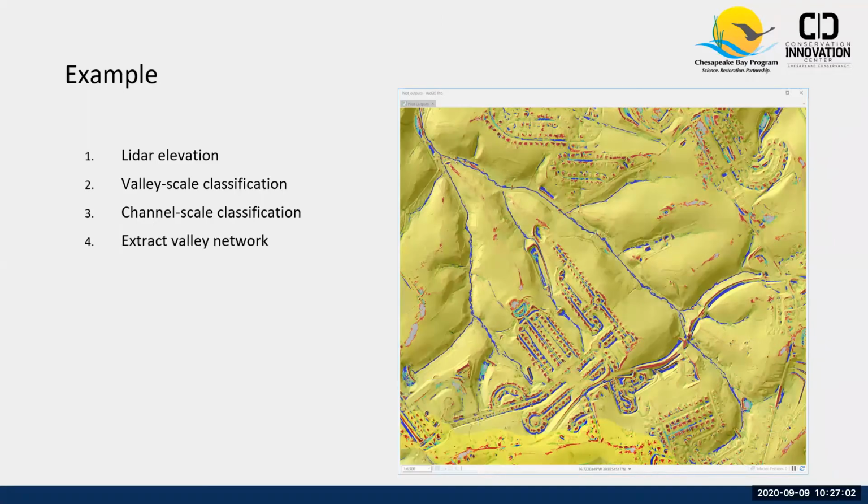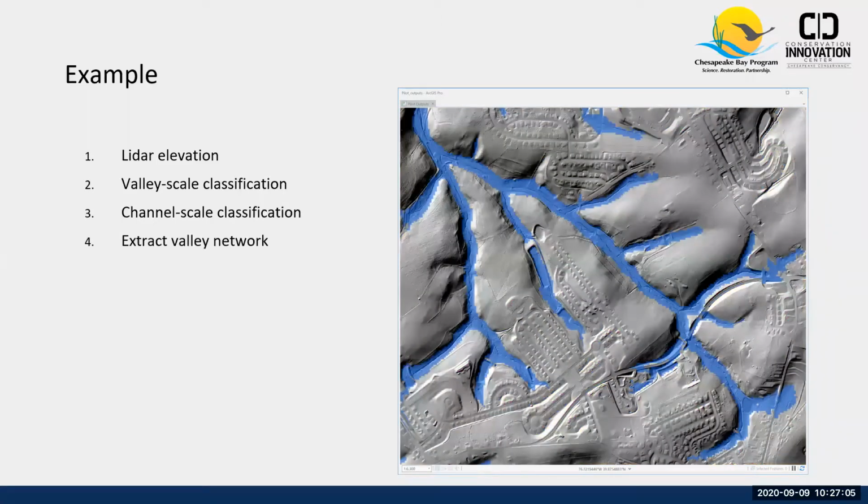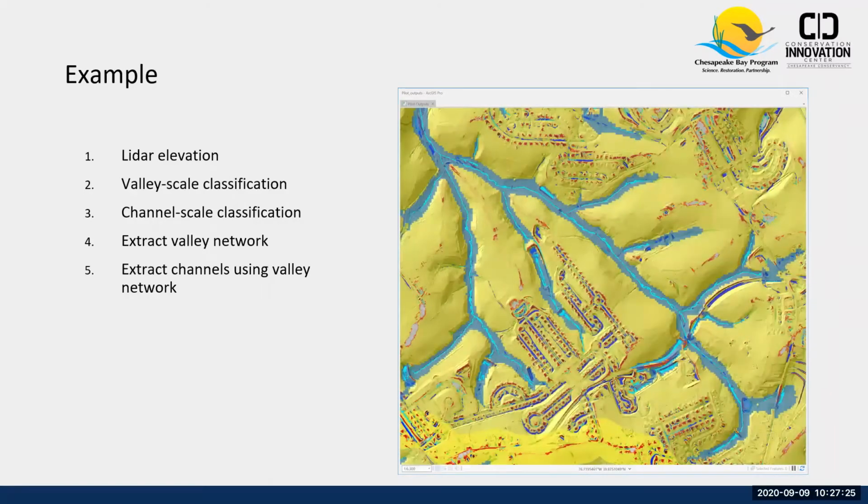So if we go to the next slide here, we take from that coarse classification and we extract a stream valley network, which you can see in blue. And we use this as a sort of geomorphic filter to isolate the areas where we look for stream channels. So you can see by applying this, we eliminated all of the developed areas that you now see in dark blue. And what we're left with in bright blue are the channelized areas that fall within that stream valley or contiguous with it. But again, not all of these are stream channels. So if we move to the next image,